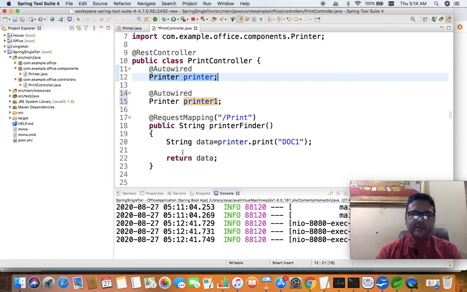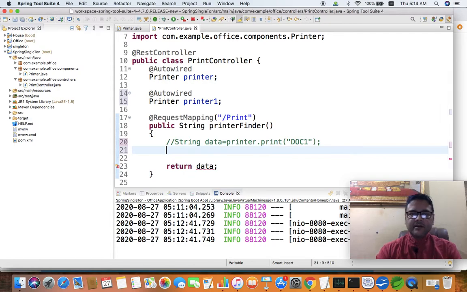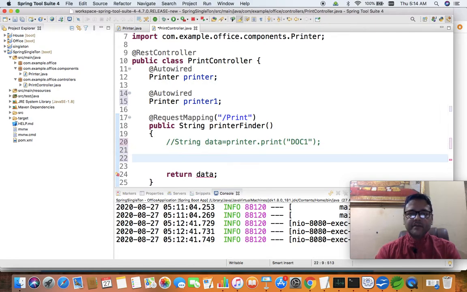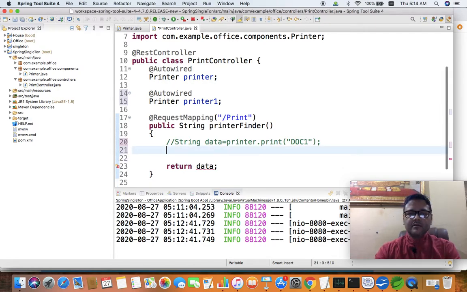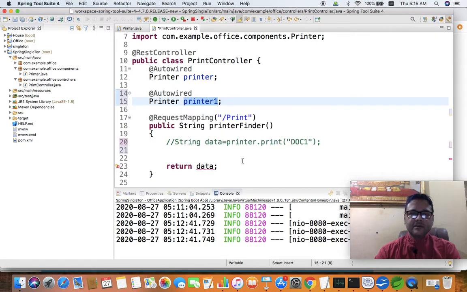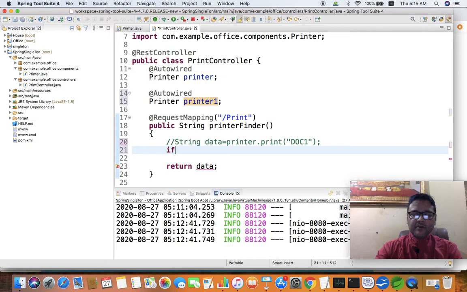So how can we test it? We can do one thing. In place of calling this print method, we will comment it. Let us find out both this printer and printer1, in fact two objects we have Autowired. Now are both the same or not, let us test.